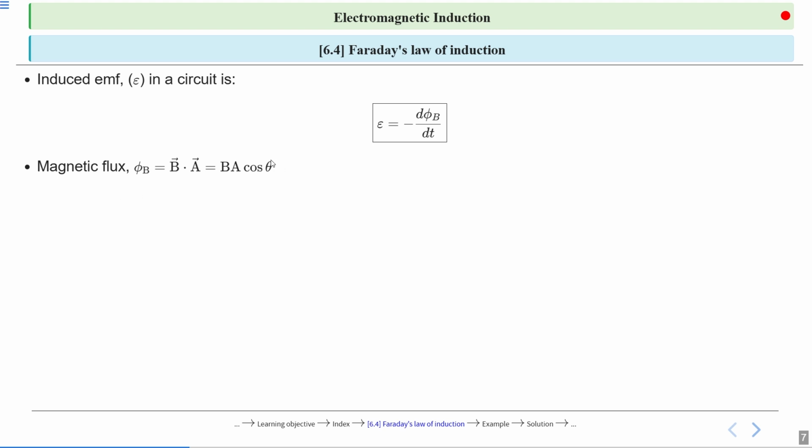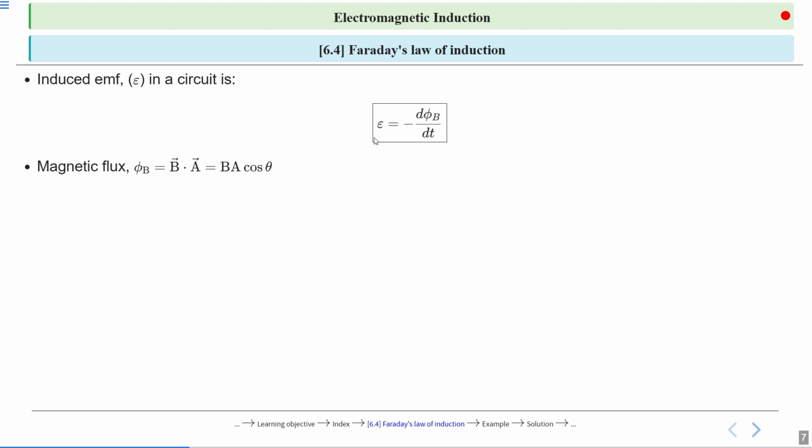And that principle, inducing EMF by changing the orientation, is the principle of the AC generator. In an AC generator, there is a revolving coil. So we are changing the orientation of the coil with respect to the magnetic field, due to which EMF is induced and current is produced by the AC generator. That is the principle of the AC generator.